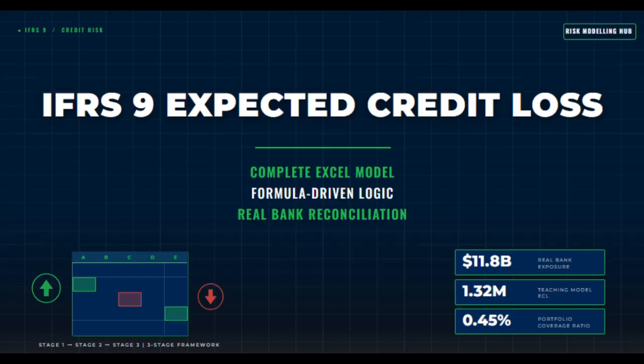Today I am going to walk you through a complete working IFRS 9 ACL model built entirely in Excel, where you will understand how to calculate the 12-month ECL and the lifetime ACL. We'll understand through a sample data set, and I am not just going to read the definitions for you. Here we'll understand a workbook sheet by sheet and see exactly how a bank like HSBC can arrive at its ECL number for its 2025 financial year. I have used their publicly available annual report for the understanding.